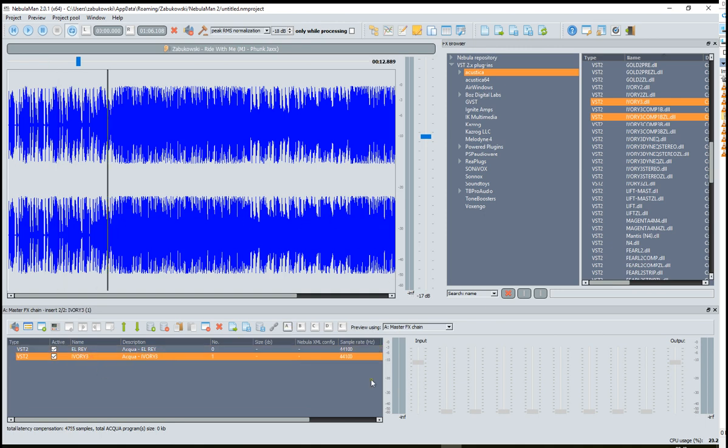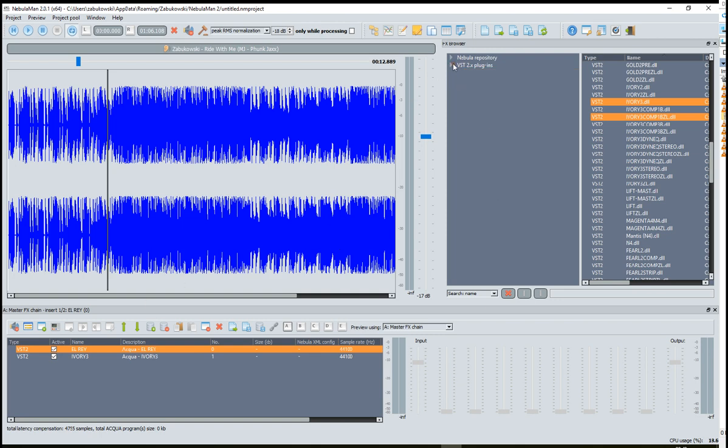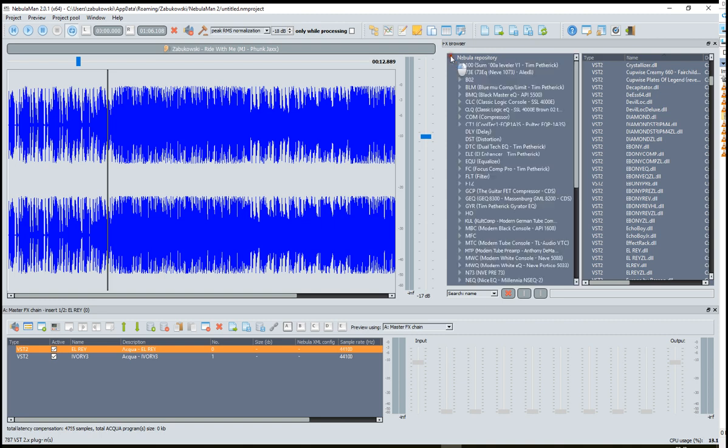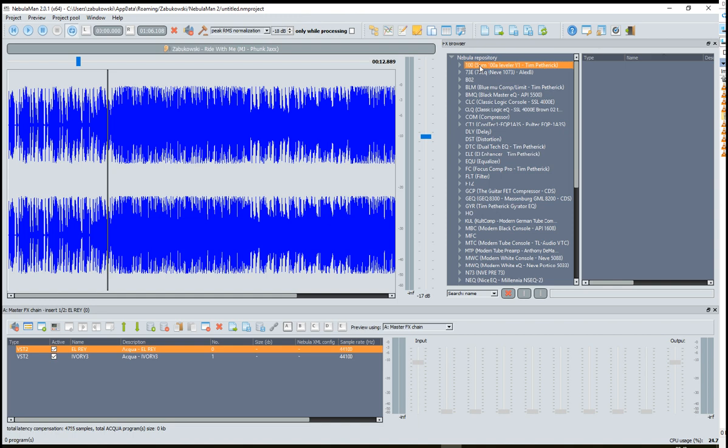Okay, now as you can see, I've loaded two VST2 plugins. Support for VST2 plugins is new in NebulaMan 2, but as we talked about in the previous video, there is also another format. Let's call them plugins or presets, and these are native Nebula presets, which can be used without even having the Nebula plugin, because Nebula 1.5 didn't have support for VST2, and the only way to access Nebula presets was to use native presets. So